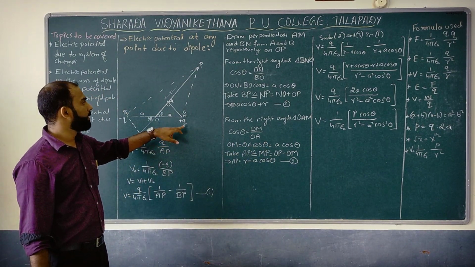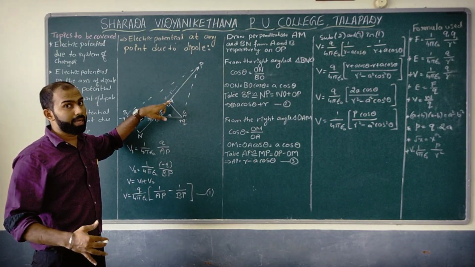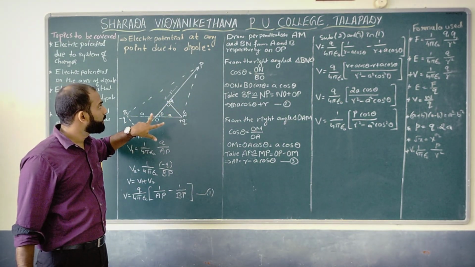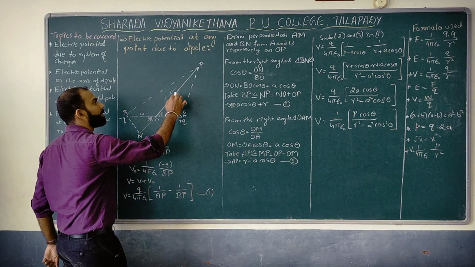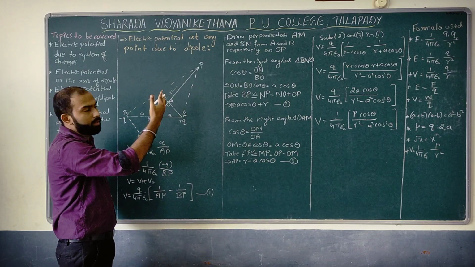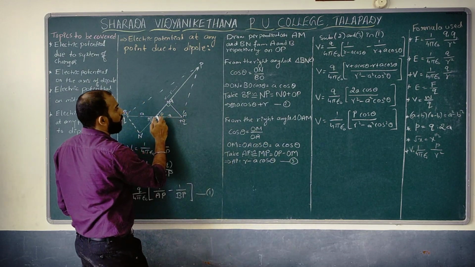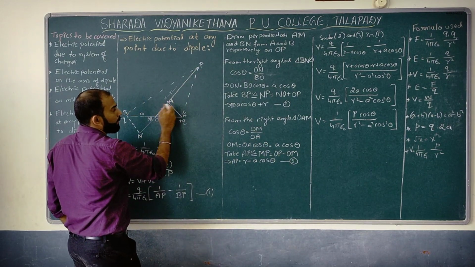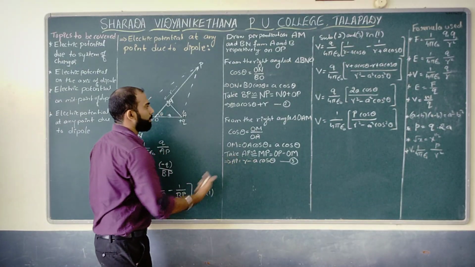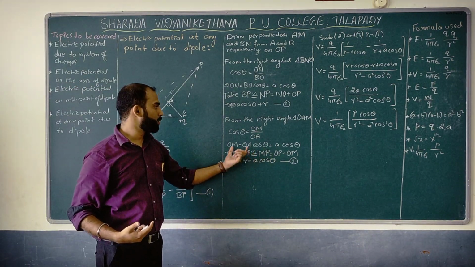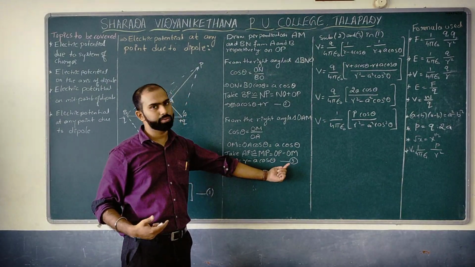Now for time being, can I say AP is nearly equal to MP over here? I am not saying exactly equal, once again, nearly equal. So if it is so, what should be the length of MP? Can I write R minus this much, which is nothing but OP minus OM? What is the length of OP? It is R minus OM, which we have got just now, A cos theta. So substitute and make it as equation 3.